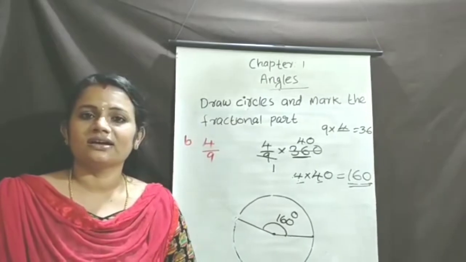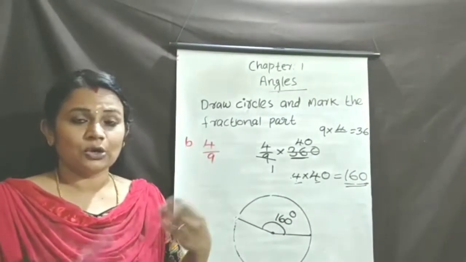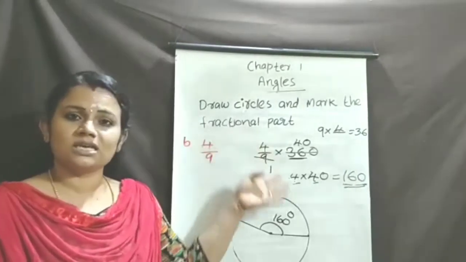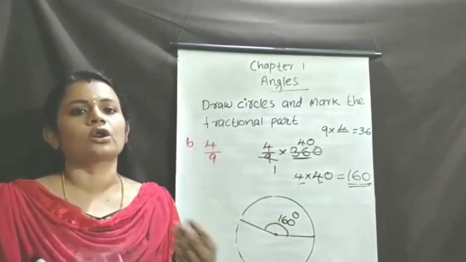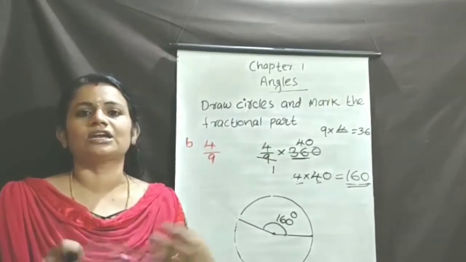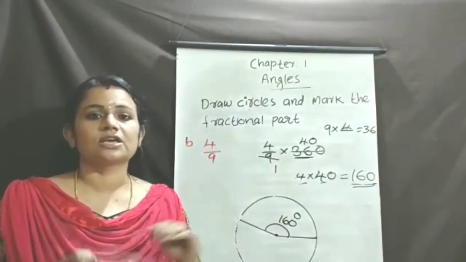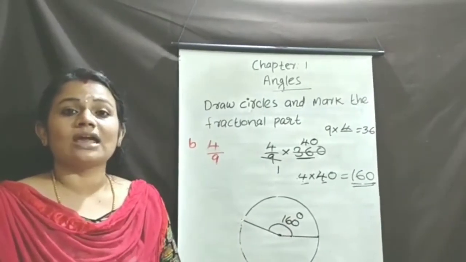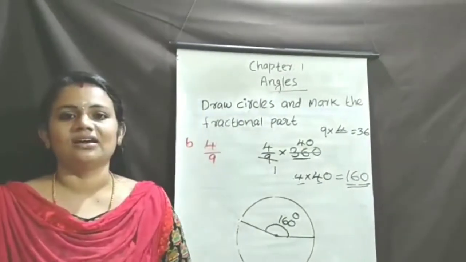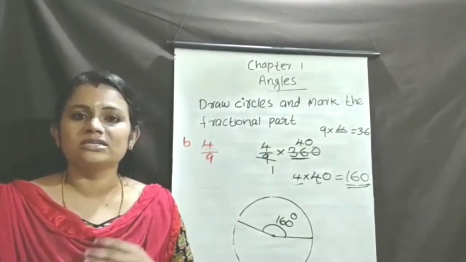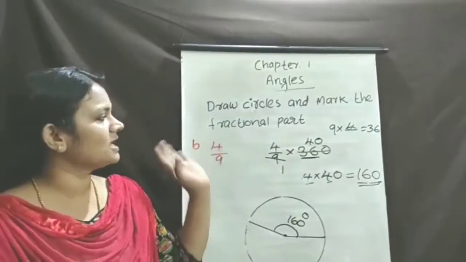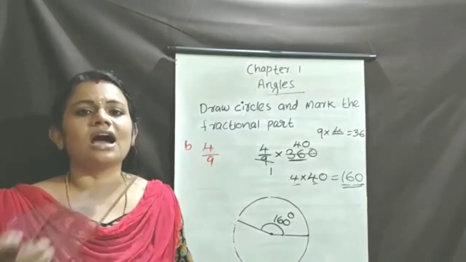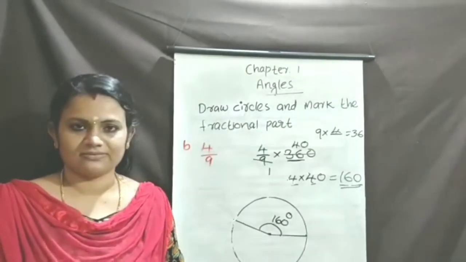The next one, drawing an angle. Drawing an angle with the measurement given. First of all, using your ruler or the straight edge of the protractor, draw the angles using your protractor. Next, calculate the fraction of the whole circle. Find out the fraction of the whole circle. So the last topic is when fractions are given, you draw the circle and mark the measurement.